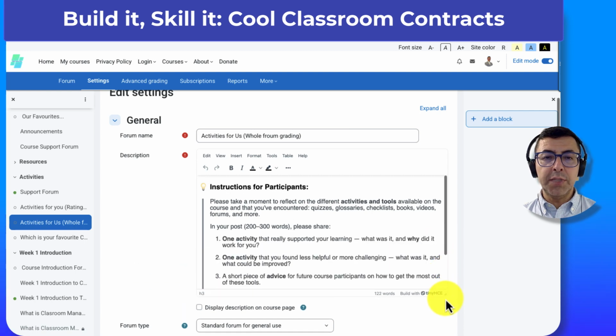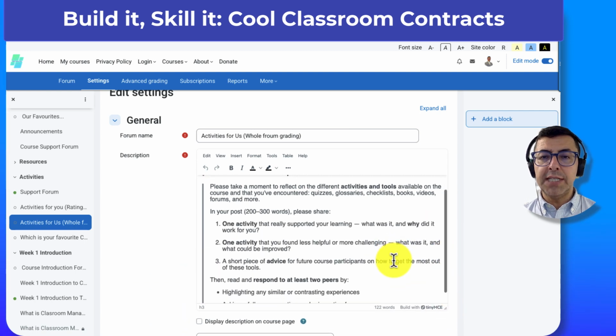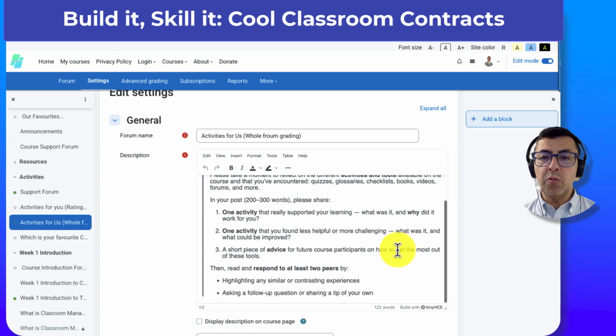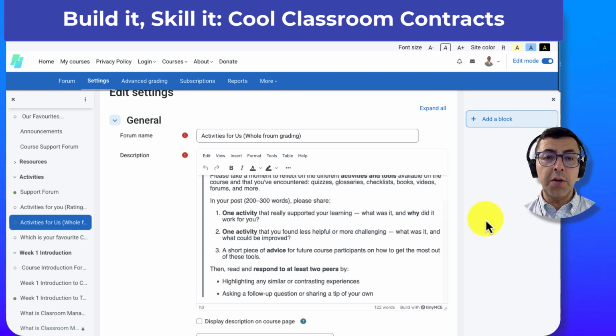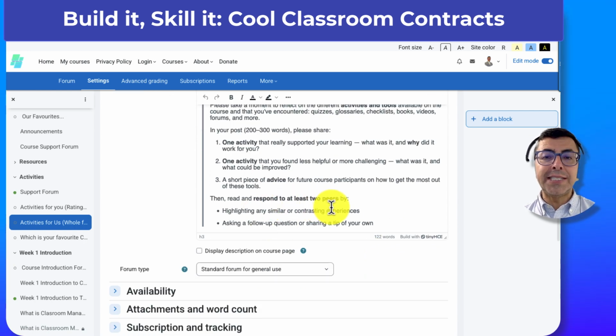Instructions to participants: please take a moment to reflect on the different activities and tools available on the course that you have encountered: quizzes, glossaries, checklists, books, videos, forums, and more. In your post, 200 to 300 words, please share one activity that really supported your learning. What was it and why did it work for you? Number 2, one activity that you found less helpful or more challenging. What was it and what could be improved? Then a short piece of advice for future participants on how to get the most out of these tools. Then read and respond to at least 2 peers by highlighting any similar or contrasting experiences and by asking a